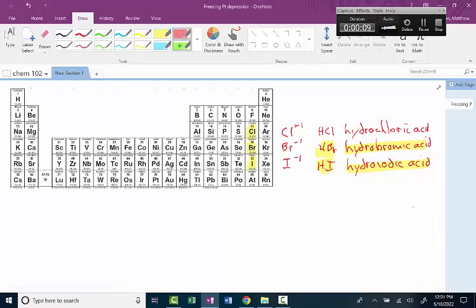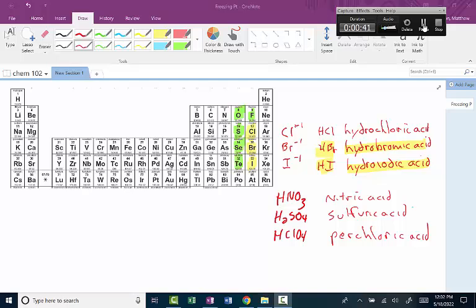Notice that fluoride, oxygen, sulfur, and selenium, and perhaps even tellurium can form these acids too, but they're not strong. The other three strong acids are nitric acid, HNO3, H2SO4, and perchloric acid, HClO4. These are called oxy acids, because if I draw the Lewis dot structure for, say,